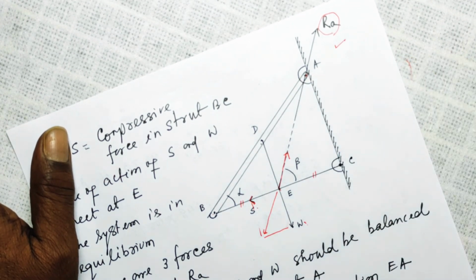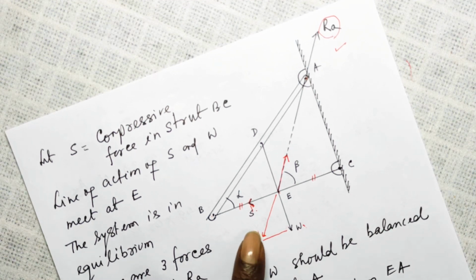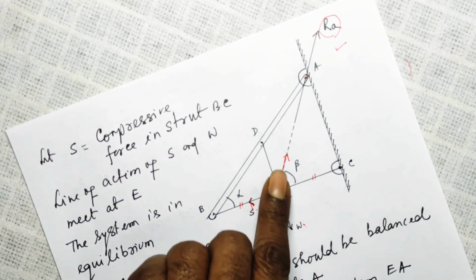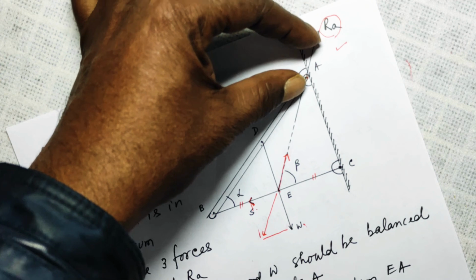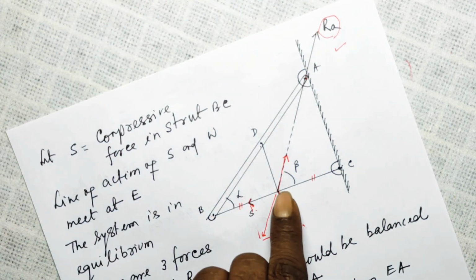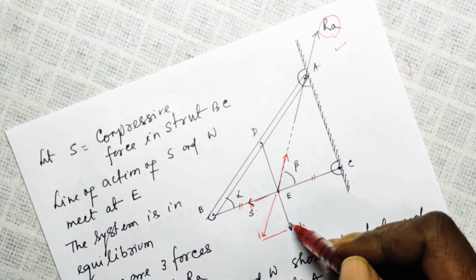That is to be understood, because if there are three forces in a plane pointing in different directions, they must have a common point of concurrence, and the resultant of any two must be equal and opposite to the third one for the system to be in equilibrium. So the conclusion is RA is pointing to this side at point A. Then I can shift RA from here to point E and draw a free body diagram at point E, taking this as x-axis and this as y-axis.